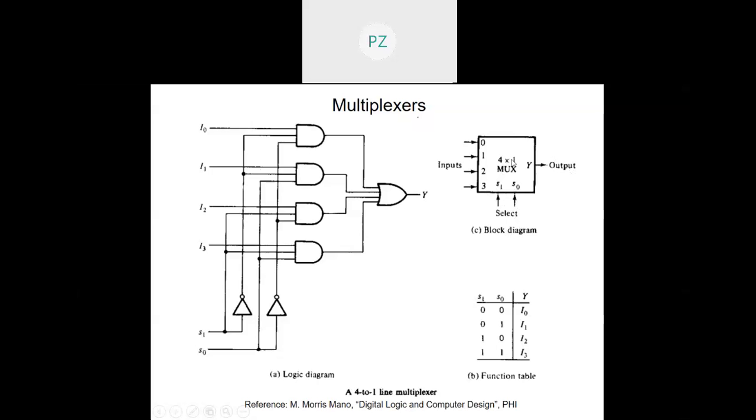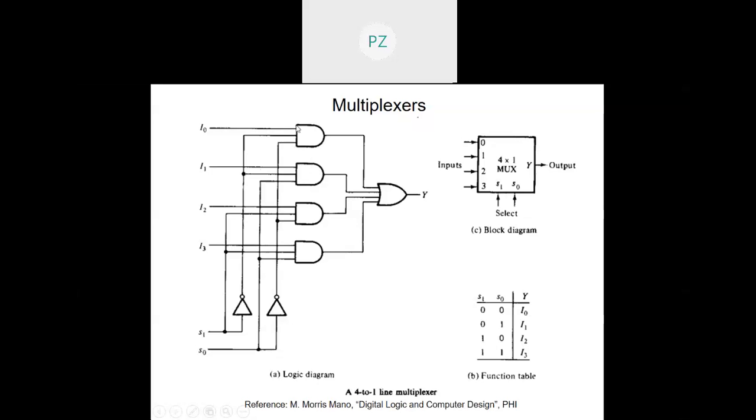Now, how does a 4:1 multiplexer get designed? Let us see here. See, S1, S0. When S1 and S0, both of them are 0, 0, I'll get a 1 here and a 1 here, right? At all the remaining places, these AND gates will be disabled. Disabled means any one of these two inputs will be 0. So the output will become 0 for all these three, right? Only for this gate, when the select line combination is 0, 0, these two inputs are 1, 1.